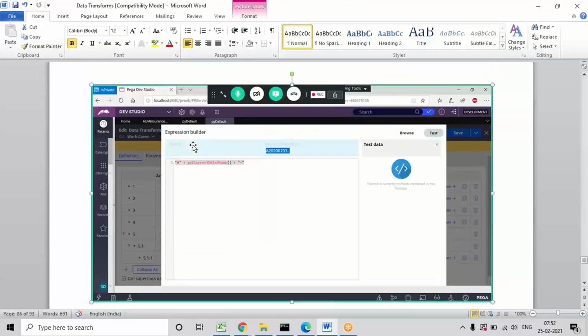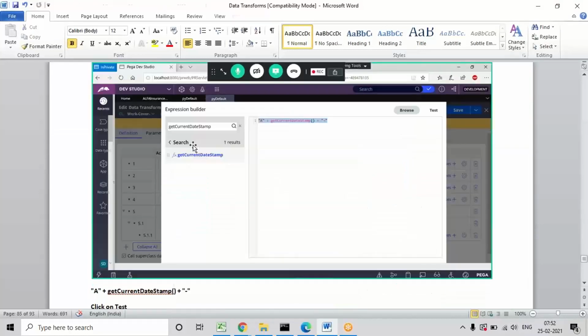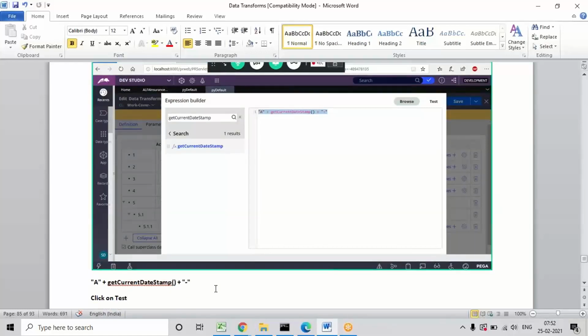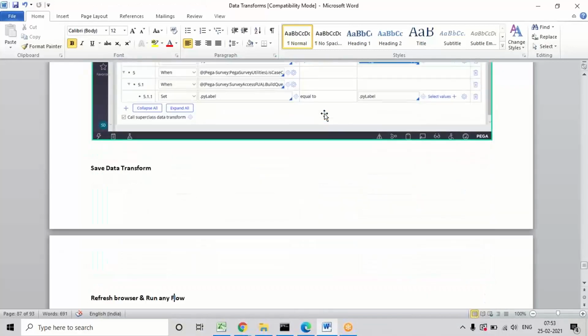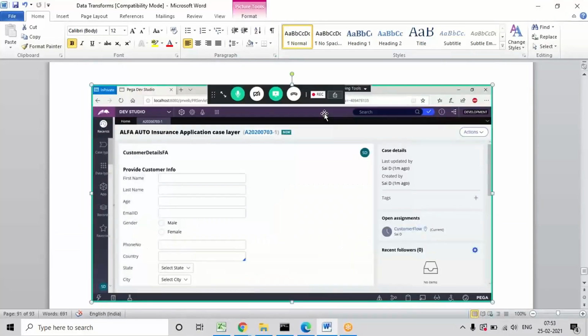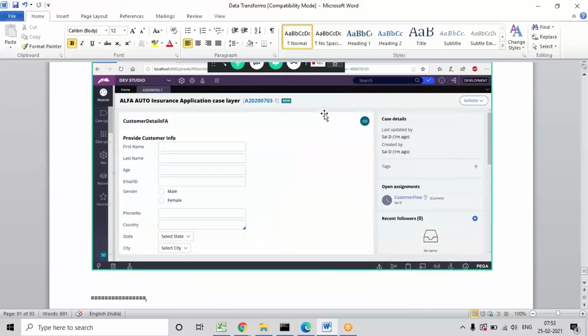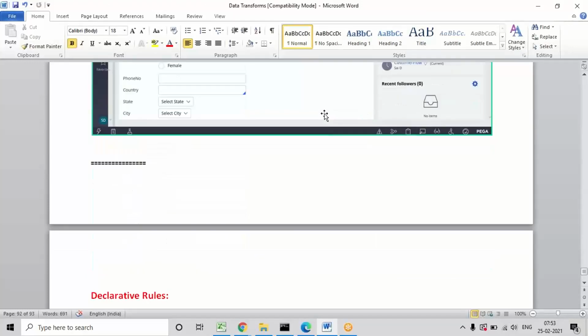And fill in the parameters in the function, and before the function, if you need any character you can add it. Otherwise only use the date function and then you have to add a hyphen. The hyphen is compulsory in the prefix, okay, because it will not be generated by default. In the function we have to specify the hyphen too, then submit and save the data transform. Automatically, wherever this py default is there in the application, everywhere it is going to display this; this prefix value will be updated with a date value.